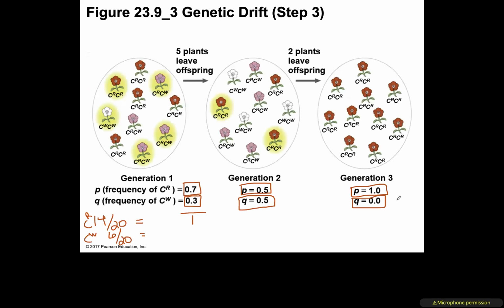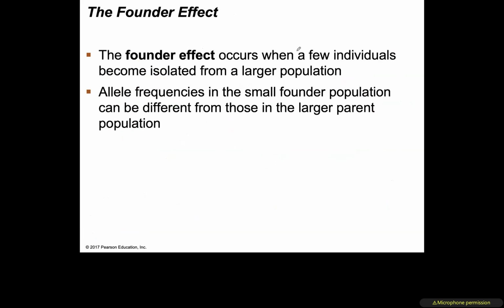And so this right here, the fact that only 2 plants left offspring, as an ecologist, I would be like, why only 2 plants? What's wrong? Did they get isolated somehow? Did something happen to the area that only these 2 plants could get together? And so the founder effect occurs when you have an isolated population and then only a few individuals are there